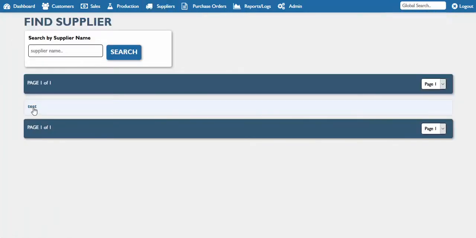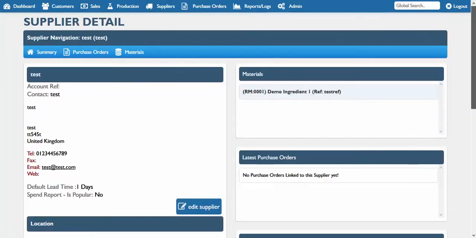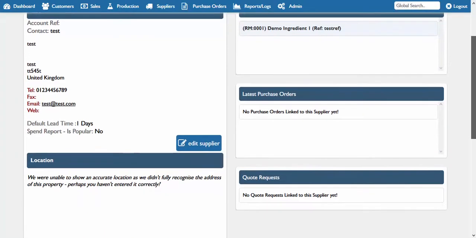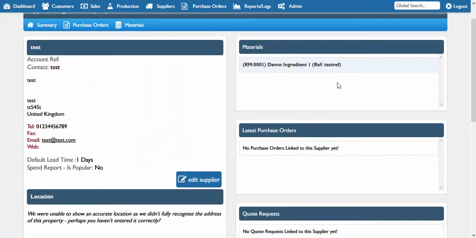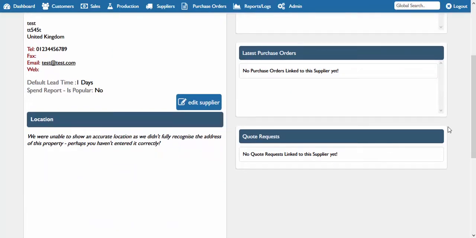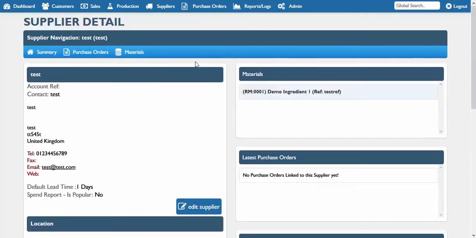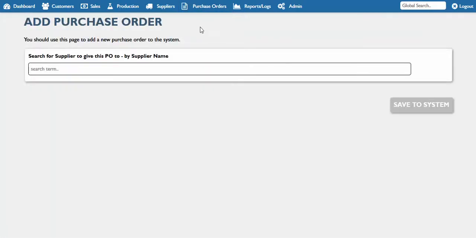Suppliers are exactly what you'd expect. It's a particular list of all your suppliers where you can store all the information about them, including their location, any contacts you have. You can assign certain bought-in materials to them directly. You can see the purchase orders you've placed against them and the quote request you've asked them to provide information on. Purchase orders, if we choose to add a purchase order,